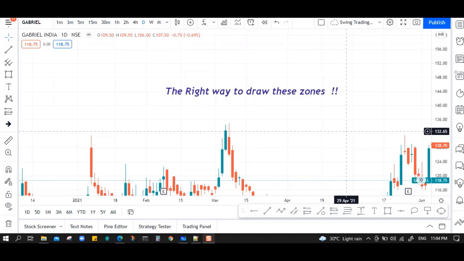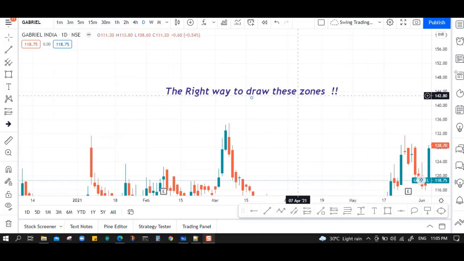And also we need to understand that the big players like banks and financial institutions take two types of orders. Sometimes they take market orders because they need quantities to drive the market up or down. And in this case, you will have an opportunity to enter with them by waiting for a candlestick confirmation pattern that forms in the zone, right? Whether it's a rejection candle or bullish engulfing candle, whatever. We'll just wait for the candlestick confirmation pattern which forms in the zone. We will talk about this in upcoming videos later.